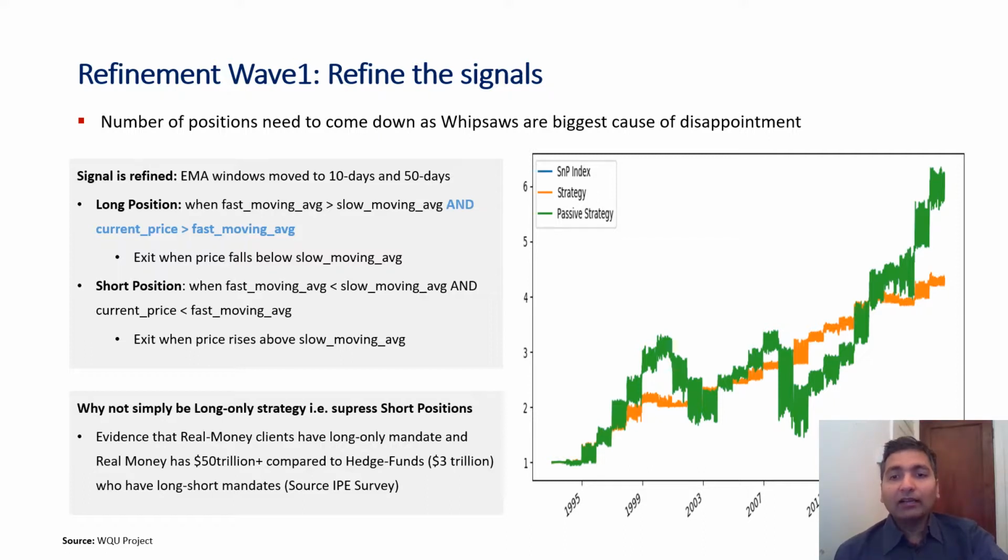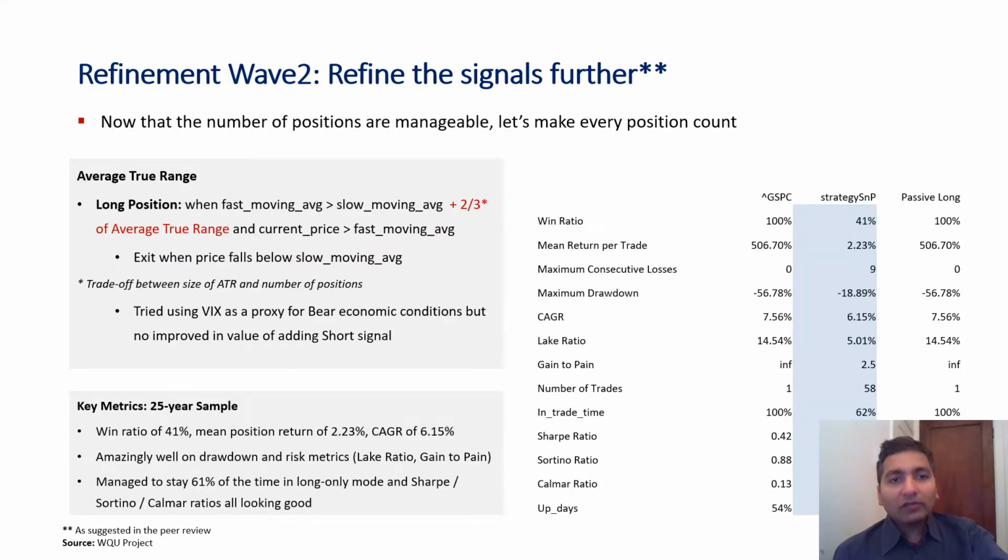If you look at the orange line now, which is the strategy, compared to the S&P 500, which is the green line, the orange line seems to be increasing in a relatively monotonic fashion. There are limited drawdowns and it has grown to 4 times in the 25-year window, which is a good sign.